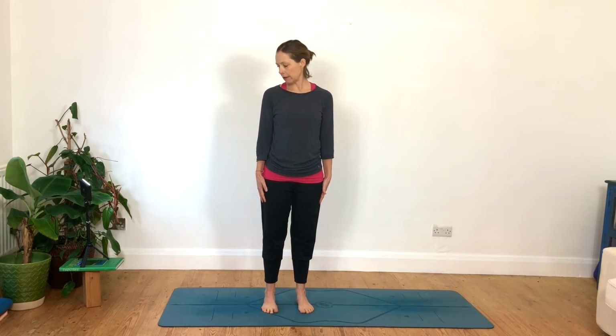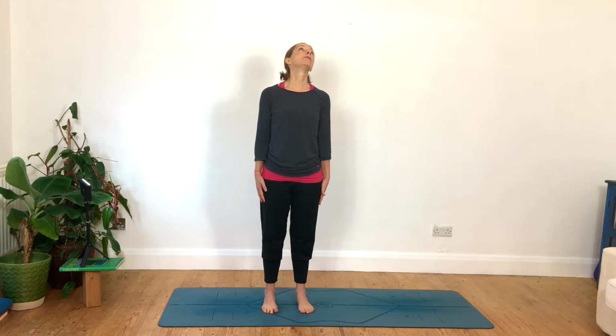So going over to the left, lifting up, looking over the shoulder, starting to lift the chin up just enough to feel some length to the front of your throat, all the way across to the right, lowering your chin down and back to center. We'll do one more like that, going over to the right again,